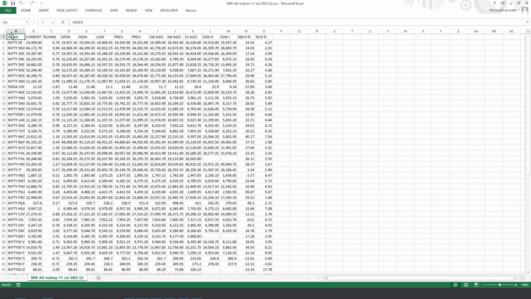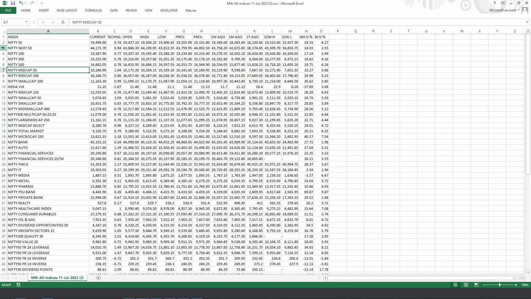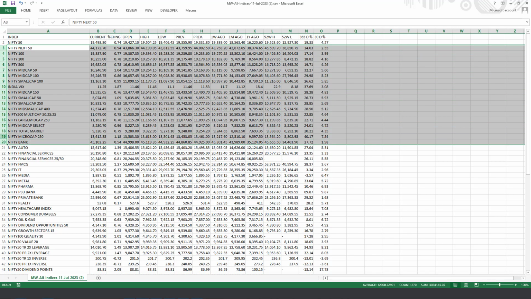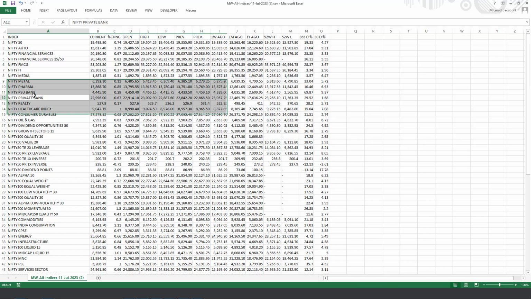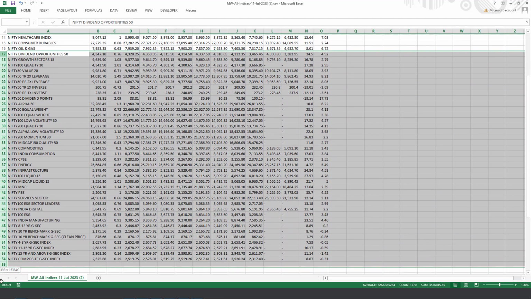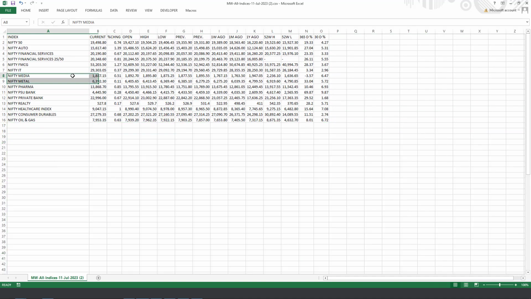Now, since we are only interested in the sectors, what we can do is remove everything else. I don't want all these indices, so I'll remove them. Then we have our sectors, which start with oil and gas, and then I'll also remove the rest of them, right? So once you have the data that is more relevant to you, which is your Nifty 50, the Nifty index, and your sectors,